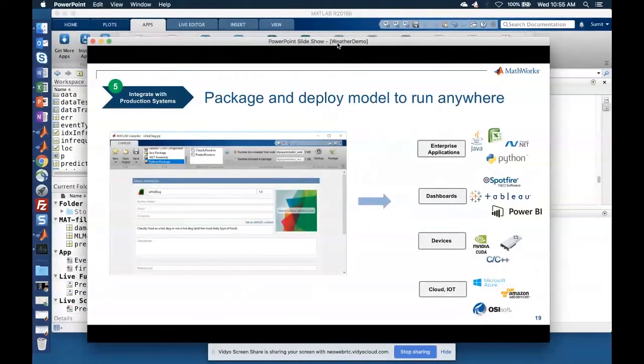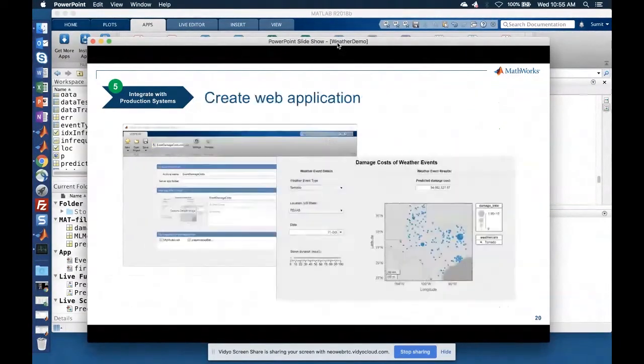In terms of sharing the work, once you have developed your application or your workflow, we have different ways of doing that for integration with enterprise applications, with different types of data analytics dashboards, and of course devices, embedded devices, low cost and high-end devices, as well as IoT workflows.